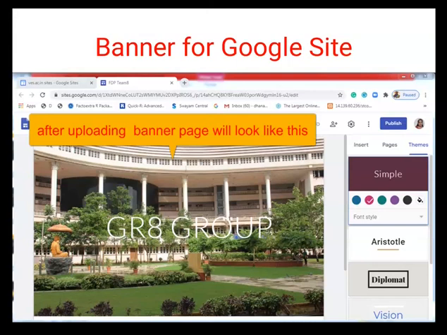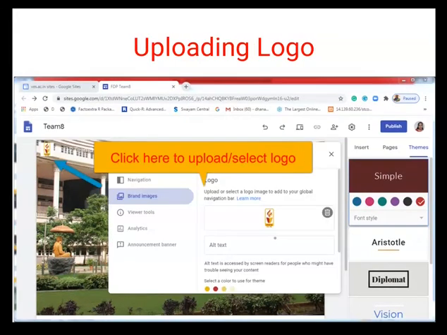Once you add the banner, the website will appear like this. The image will appear in the website; that is the banner for the Google site. Now again, for professional websites, if you want to add some logos, that option will be there on the title page. There we can click here to upload or select the logo.